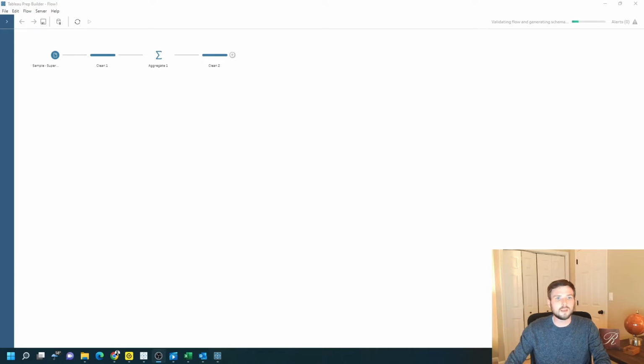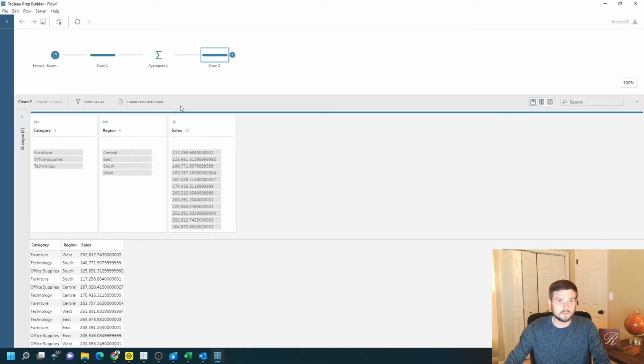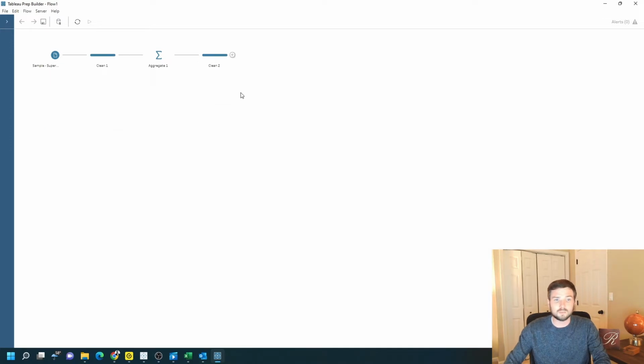How do you export data from Tableau Prep Builder? In this example, I'm using Superstore, doing an aggregate function, and then some clean functions. All I need to do to export this data is click on the plus sign after my last step, click